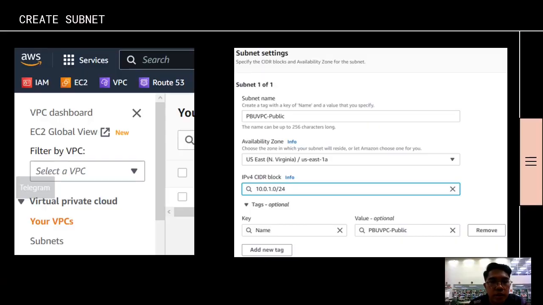The second task is I need to create subnet. Firstly, I need to go to my VPC dashboard and choose subnet option to create the subnet. And then we just fill up the details from table given, which is PBU public using zone 1A, and the IPv4 CIDR is 10.0.1.0/24. The name for subnet public is PBU